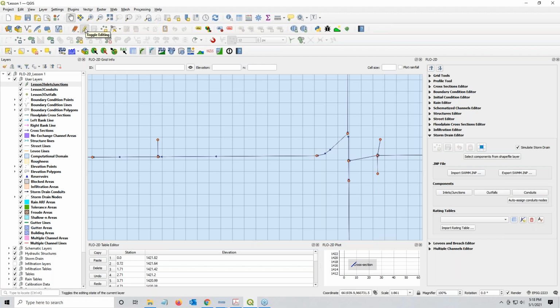Actually, I'm sorry, I'm on the wrong one. I need to be on conduits. So if I click this and then click edit, you'll see it comes up with the digitizing tool for the conduits, and one of these will reverse the line. So if you mess one up and it's pointing in the wrong direction, you can just reverse it with this